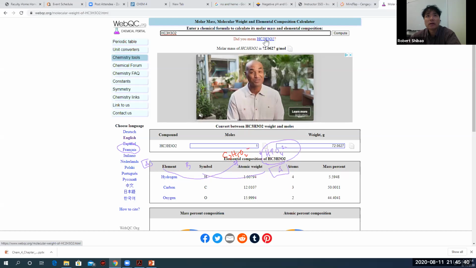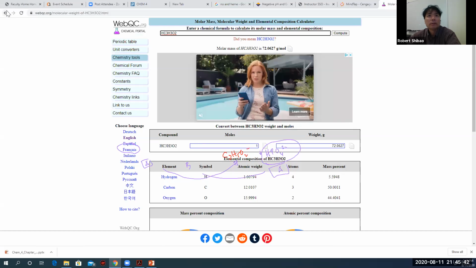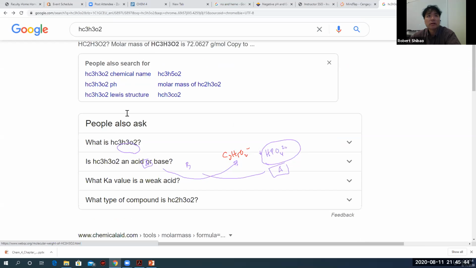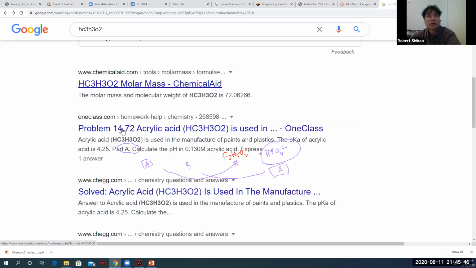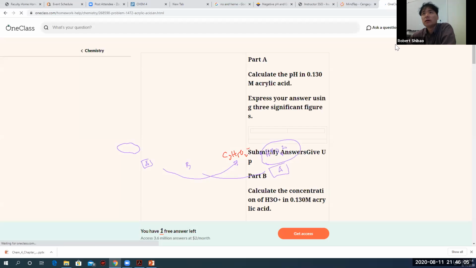They're thinking I'm talking about acetic acid. That's some kind of chem tool to calculate molar mass. It's a molar mass calculating tool. Acrylic acid, okay. Maybe that's it. But why would they do acrylic acid? That would make sense. Acrylic acid is going to have multiple bonds, and then we can do it. So maybe that's what they're meaning here, but